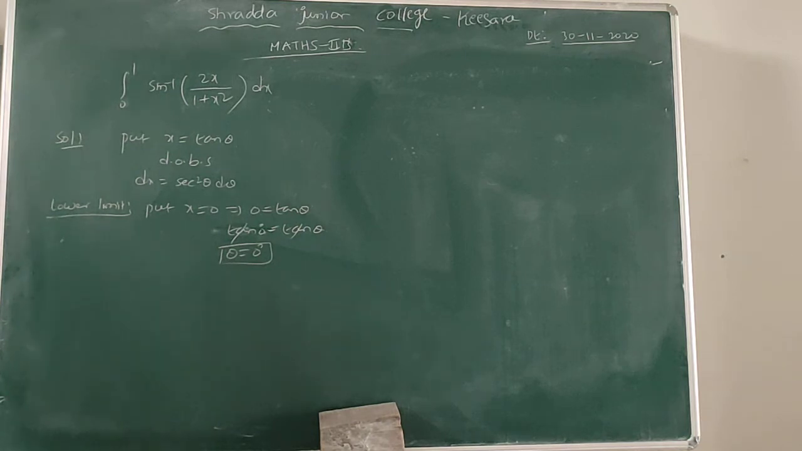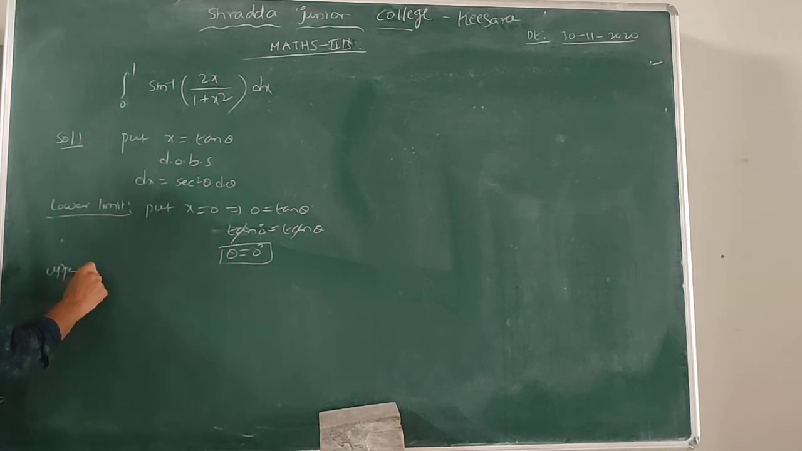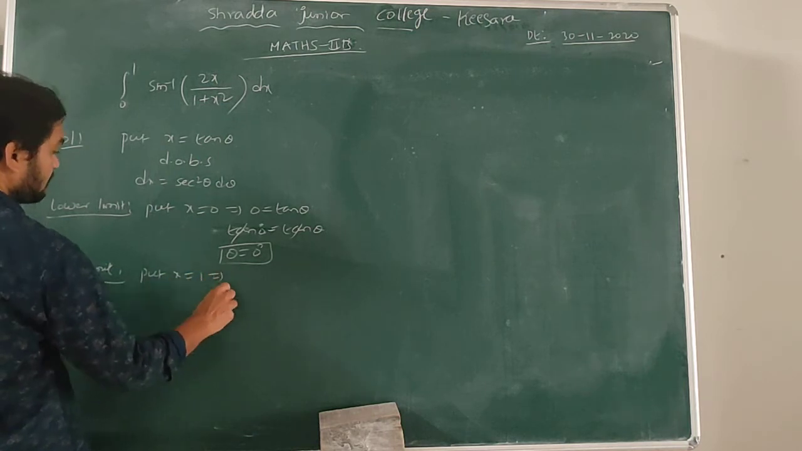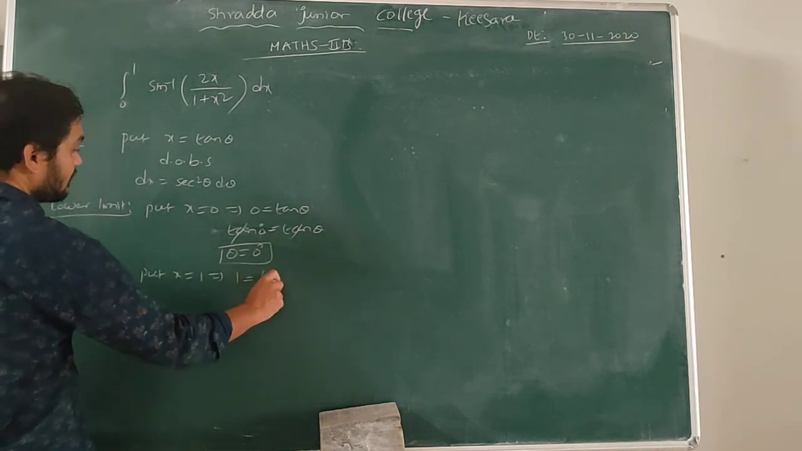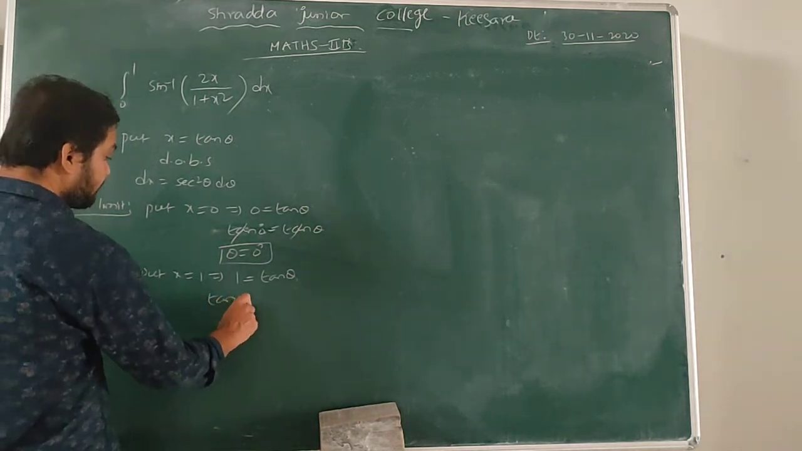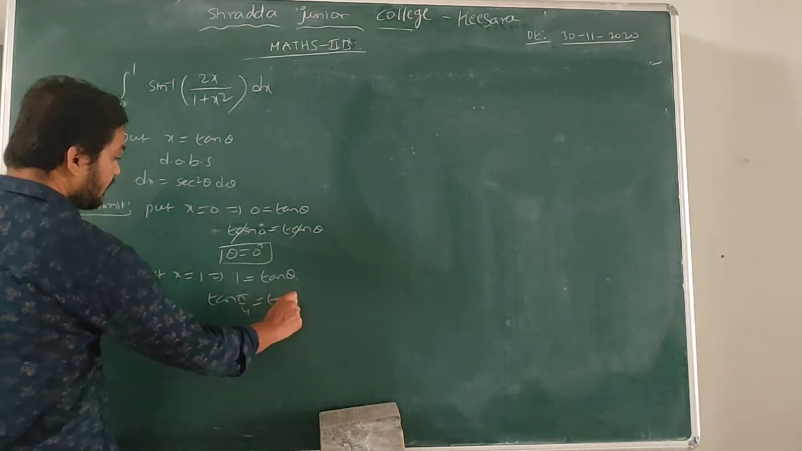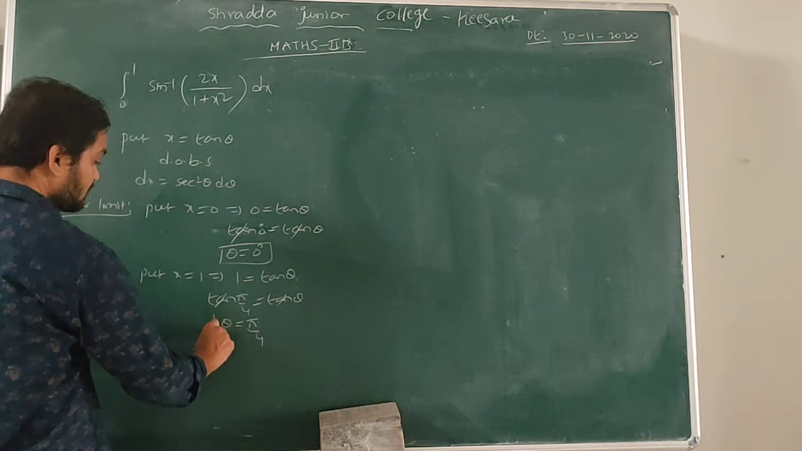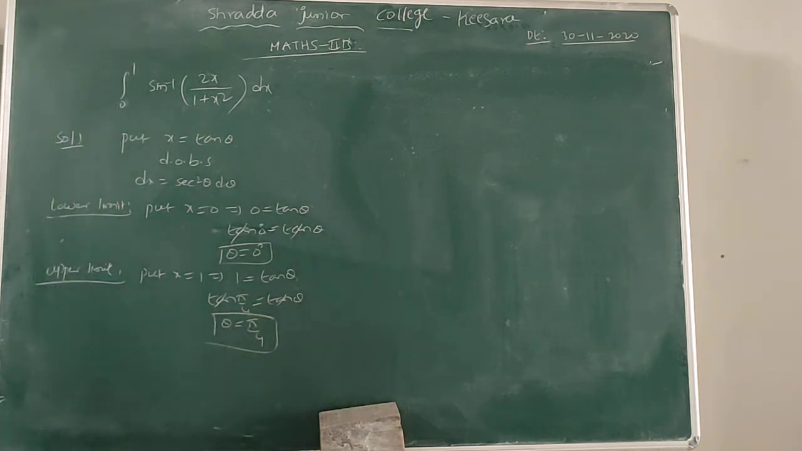This is called the lower limit. And what is the upper limit here? Put x equals to 1, then 1 equals tan theta. 1 means tan pi by 4 equals tan theta. Now tan gets cancelled on both sides, then theta equals pi by 4. Now see,